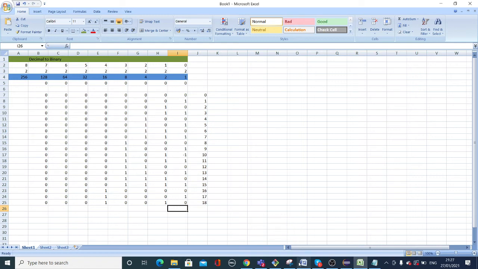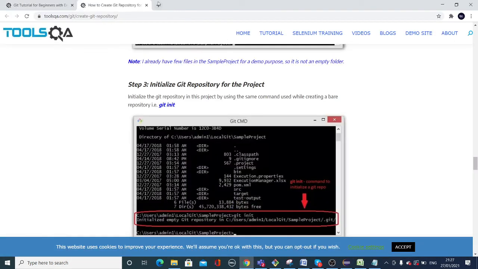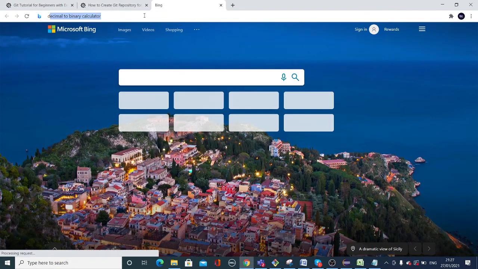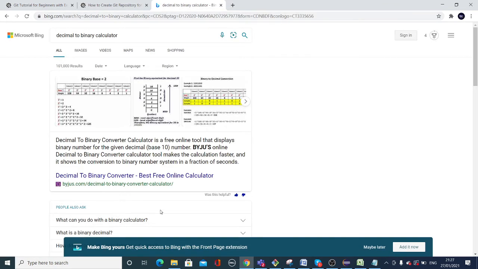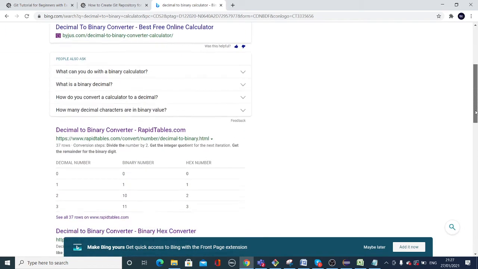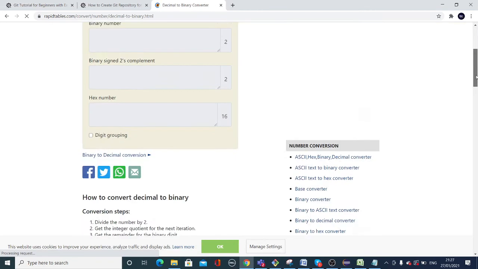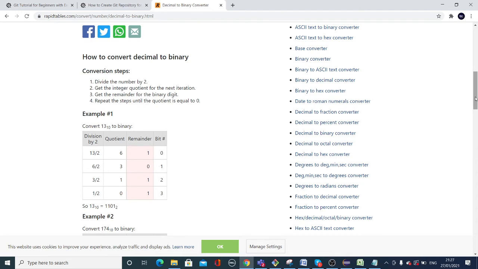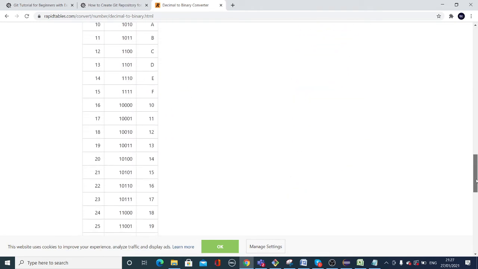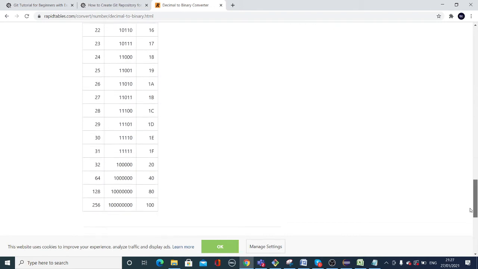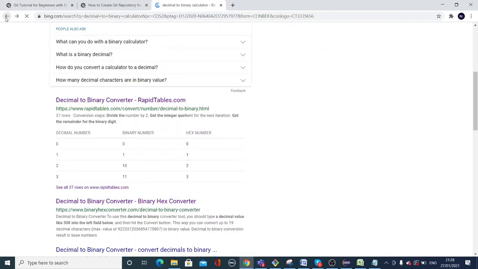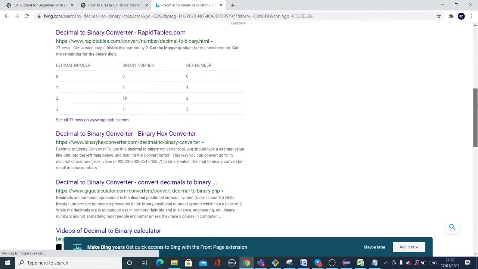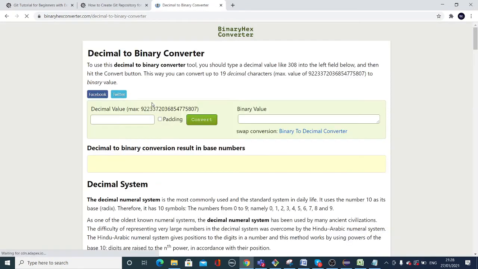This is a bit hard work, yes? If you just go and Google, there's a table there. See? Can you see? Up to 256. If you scroll a little bit down, I think this is the one.